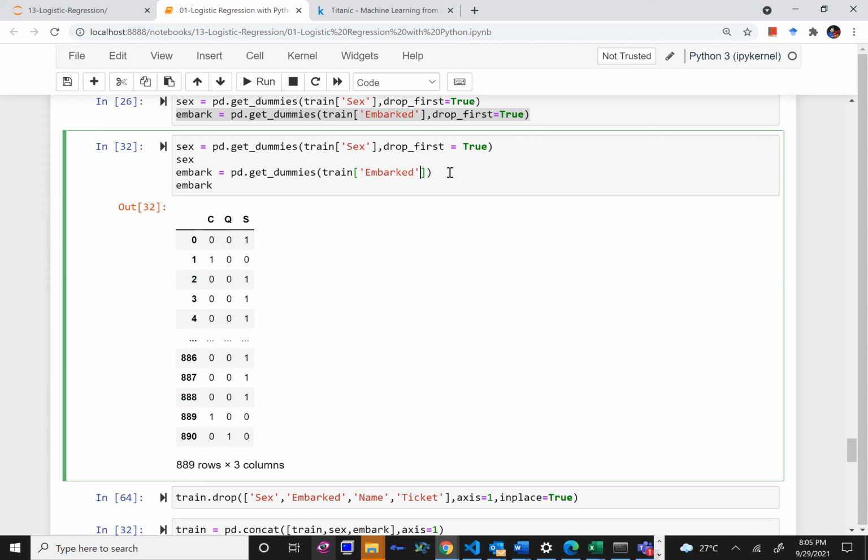So here also I'll use the same thing, drop_first equal to true. I'll run it like this, right? So the first one has been dropped. When both of these values are zero, that means the value is C, Cherbourg, right?